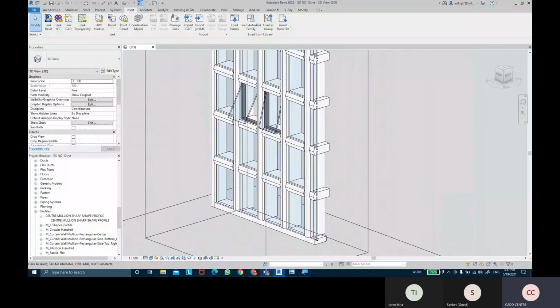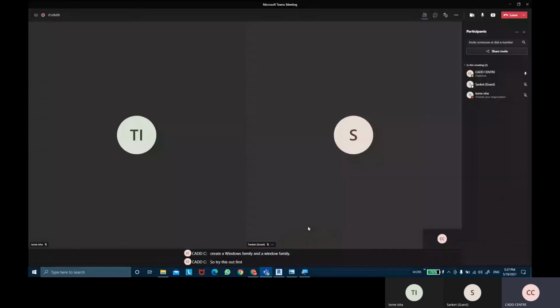So try this out first, and in tomorrow's class we'll create the door, the curtain wall doors. How do we add a curtain wall door into the curtain walls basically? Then we're going to create a system curtain wall door with detailing, like with the springs and the handle details and everything.